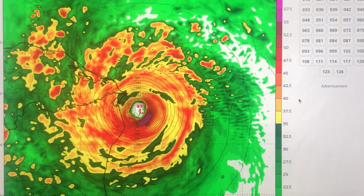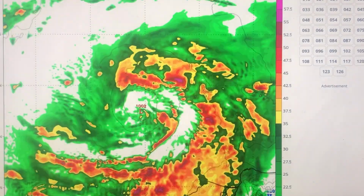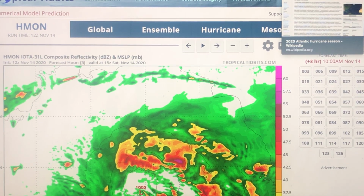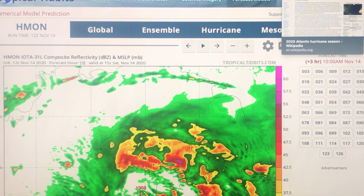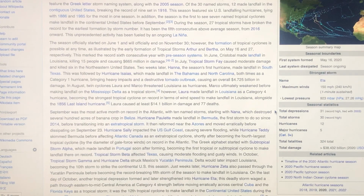But of course we don't really know, because it could rapidly intensify at any point and become much stronger than anticipated. So we'll have to continue to keep an eye on this storm very closely. So that is what generally all of the models are currently showing for how strong Iota could get, and some of those really damaging impacts it could bring to those same general regions in Central America where Eta made landfall. All right, now let's look at the 2020 Atlantic hurricane season Wikipedia page,